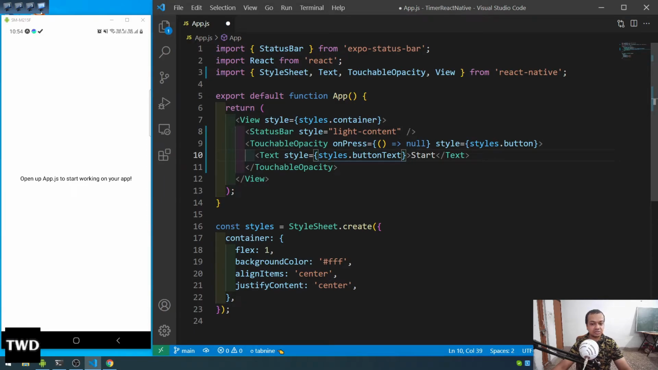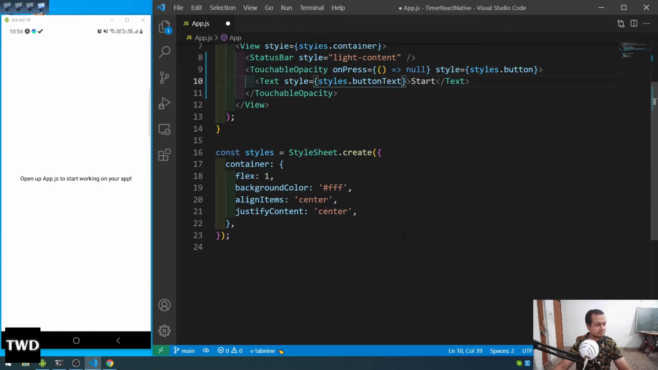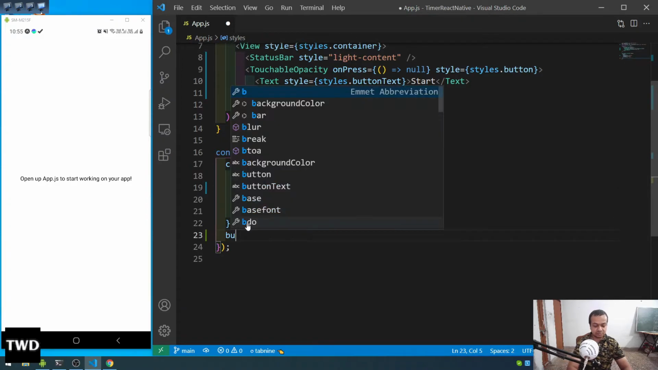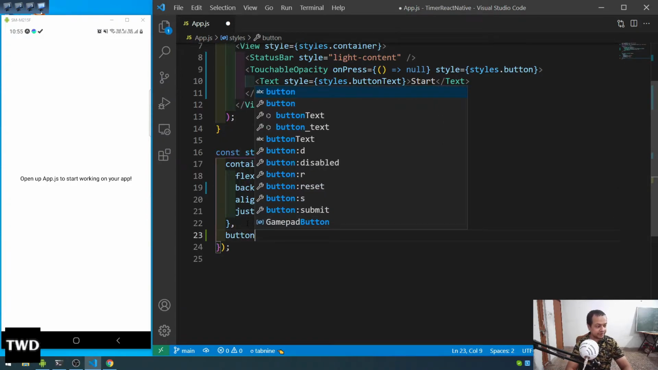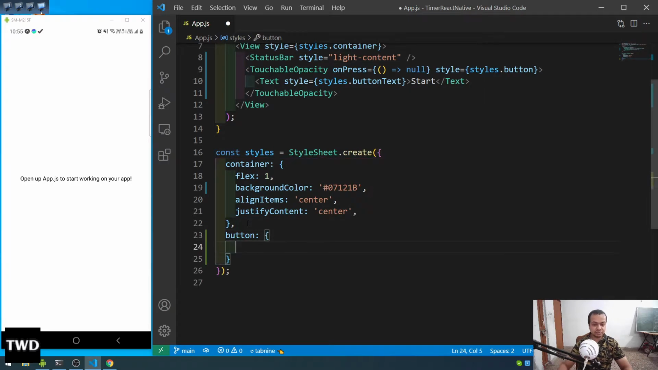StyleSheet.create is there, and container is okay. Let us change the background color a bit. Okay, 07121B, it is okay. And this button style also let us give now. So this is how you style in React Native. So button,